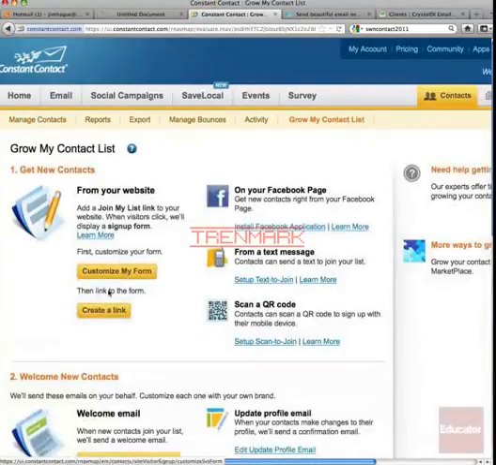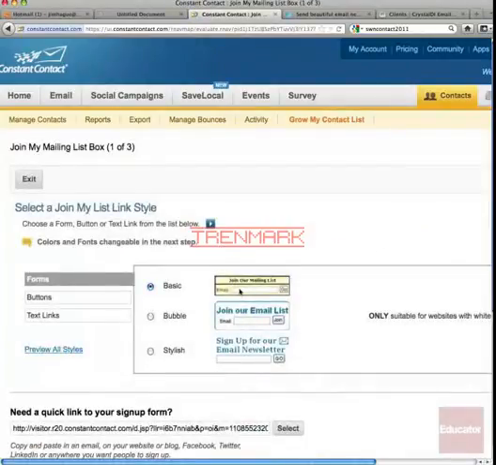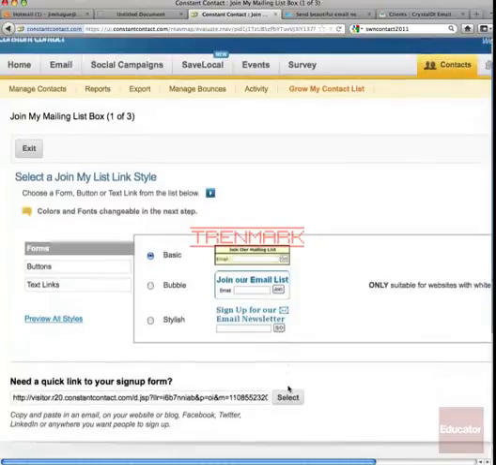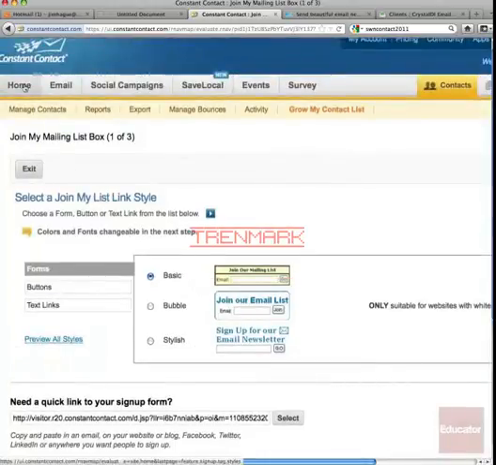And then from there, you can create a link or customize a form. And pretty much here again, you can add buttons. You can preview this. You can basically have different styles. And Constant Contact will provide you the code which you can add to your website to collect names and emails. All right, so going back home,